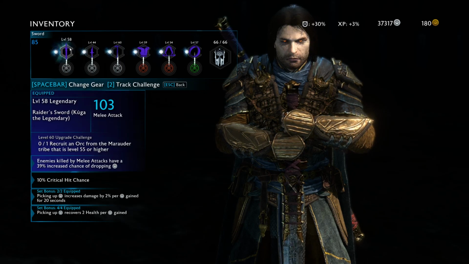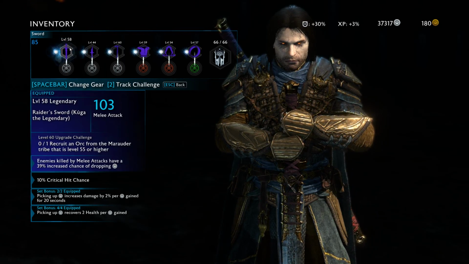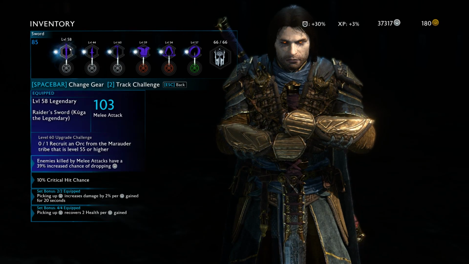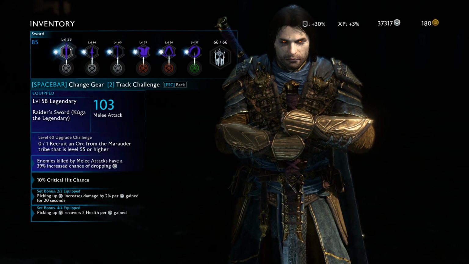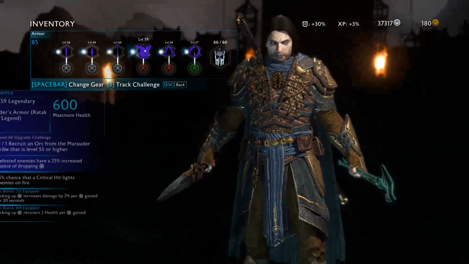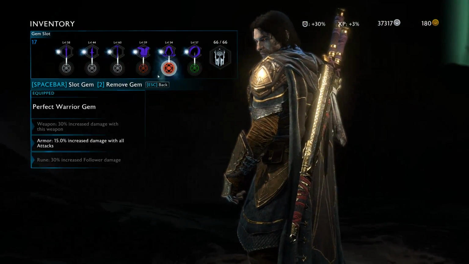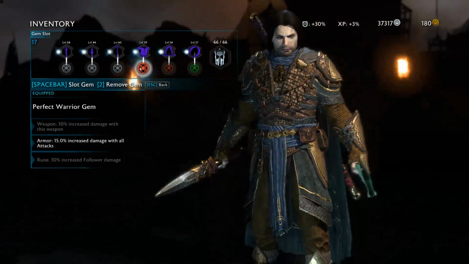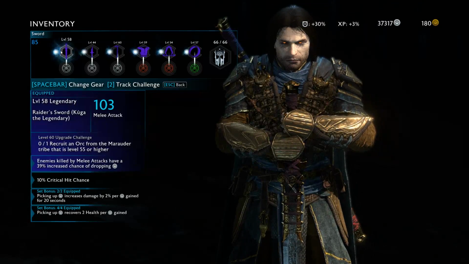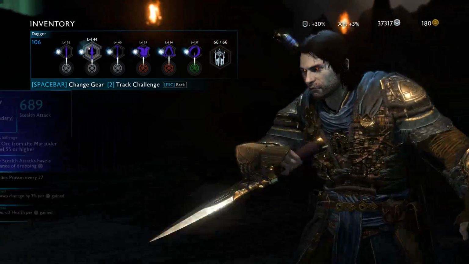The 2 set bonus of the Marauder lets you increase your damage by 2% per Mirian gained for 20 seconds. So if you pick up 5 Mirian, that's 10% more damage. That is going to be multiplied by this gem here, 15% increased total, so this gets applied and then this gets applied. It's quite a lot of extra damage, and Mirian's going to be dropping off almost every kill you get,